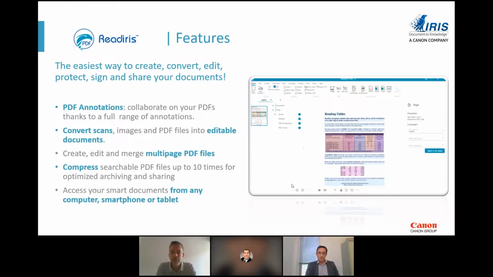You do the OCR recognition. You can even correct the text if it's not 100%. You can then sign your documents. You can annotate. You can do a lot of stuff, and then you can output to a PDF file, and then you can read it from a lot of different places, from your computer, your smartphone, or your tablet. So this is really a product we've been developing for a long time, and this year we are bringing out the ReadIris PDF 21 version, that will have this new interface that you see there on the right.